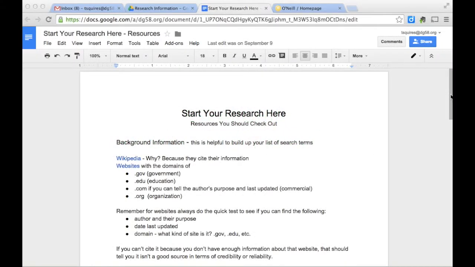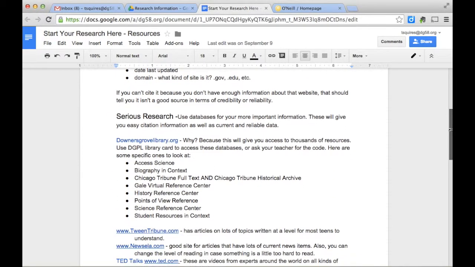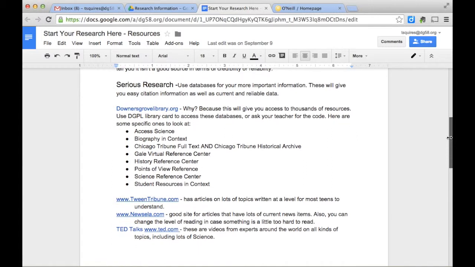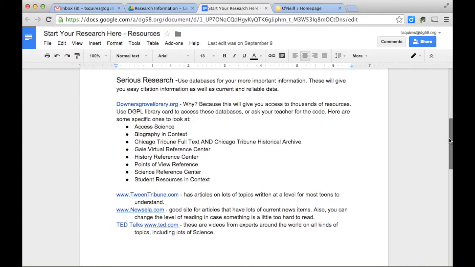Once you've done your background information on websites, it's time for you to start doing some serious research. And the best place to do your serious research would be to use the Downers Grove Public Library databases. You want to use databases because these paid databases have credible and reliable information. And as you can see here, I have included several that would be a good place for you to start